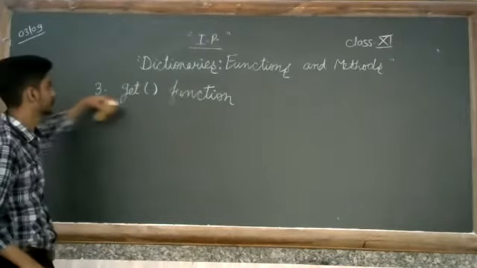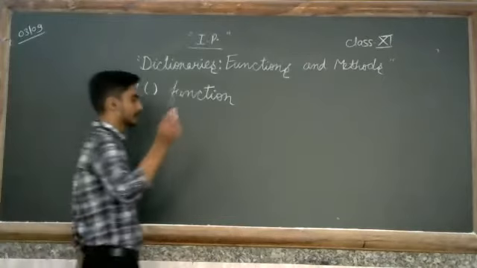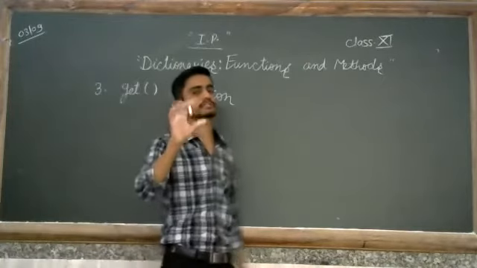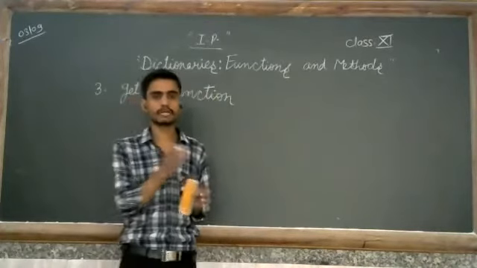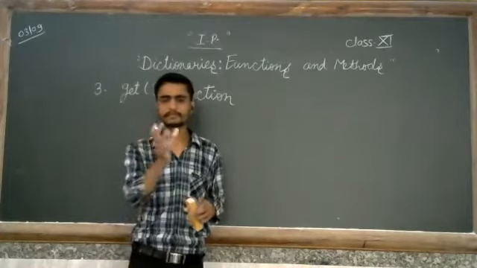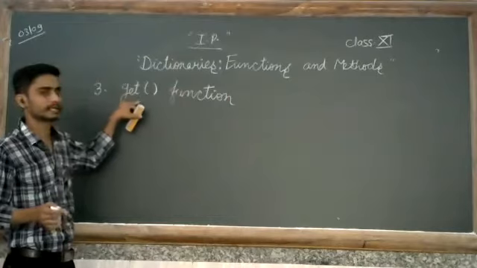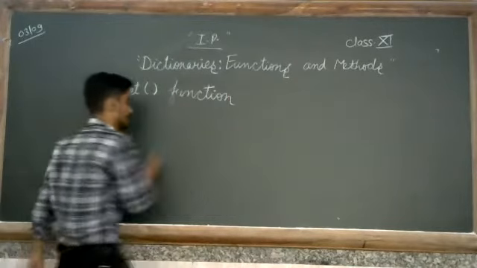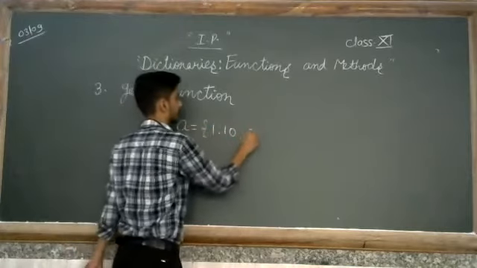Our next function is the get function. Get function means just like we are accessing the values of a dictionary using that key. आपको अगर याद हो कि हम डिक्शनरीज की वैल्यू को कैसे एक्सेस कर रहे थे उसकी की का यूज करते हुए, वैसे ही हम एक सिमिलर साइज का जो टास्क है वो वही है। इसमें अपने क्या यूज करेंगे, गेट फंक्शन का यूज करेंगे। वही वाली बात है कि सबसे पहले अपने को एक डिक्शनरी बनाना पड़ेगा। सिंपल सा एग्जांपल लेता हूँ ताकि जल्दी से बन जाता है।